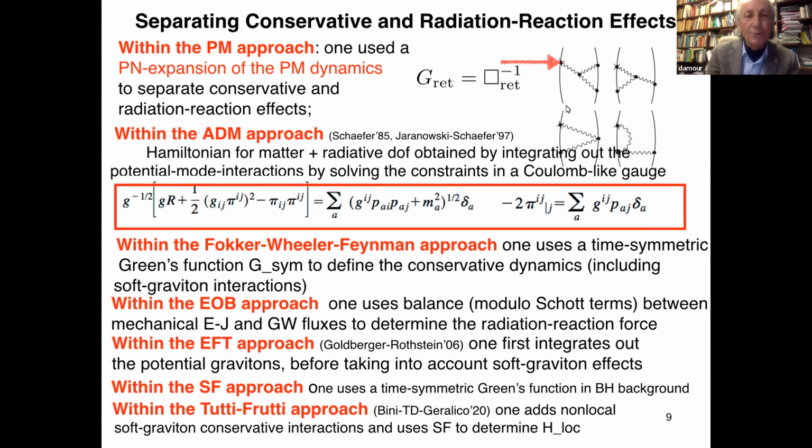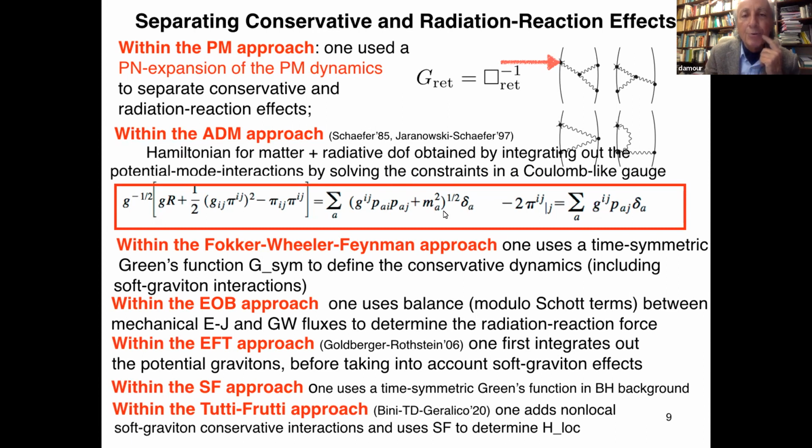And these equations of motion will contain everything you want, and then you can compute the scattering from this, and you never need to say a priori that this contains radiation reaction and conservative effects. Okay, I will discuss this in more detail, but let me say that within the ADM approach, there is a specific way of separating conservative and radiation reaction effects. The ADM, Arnowitt-Deser-Misner approach consists in solving the constraints of Einstein's theory, but